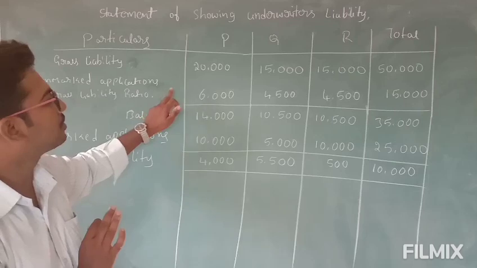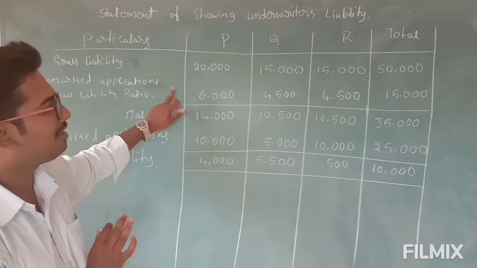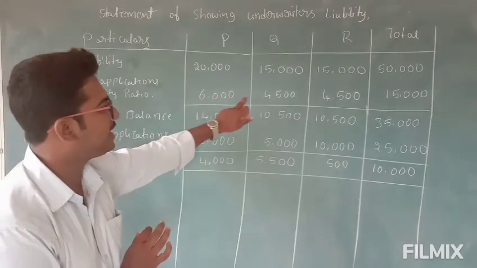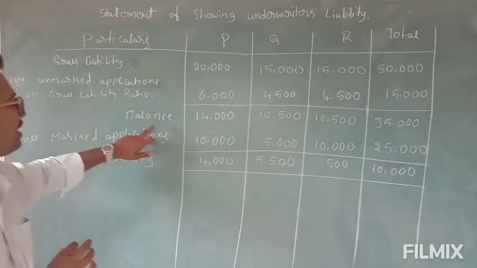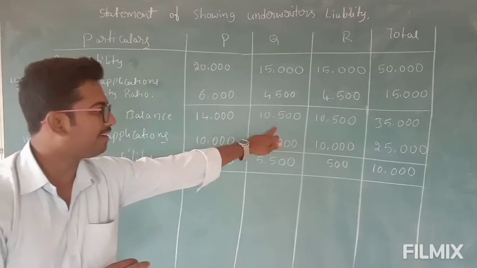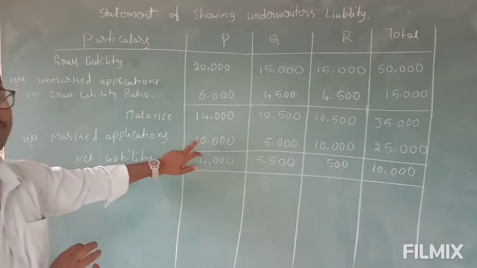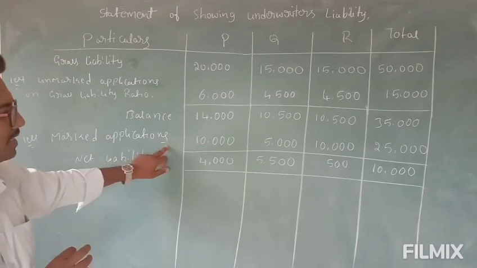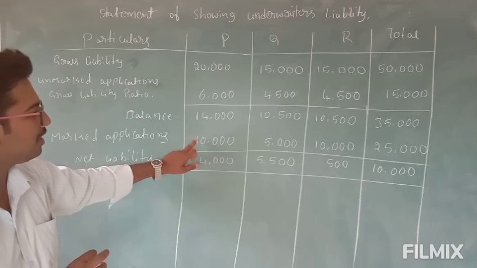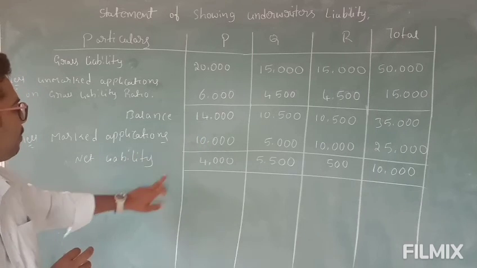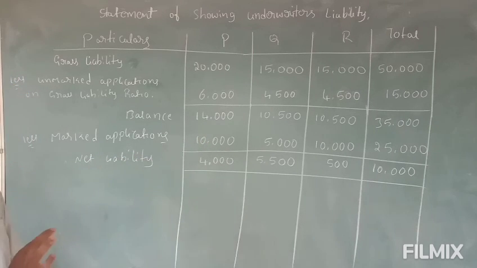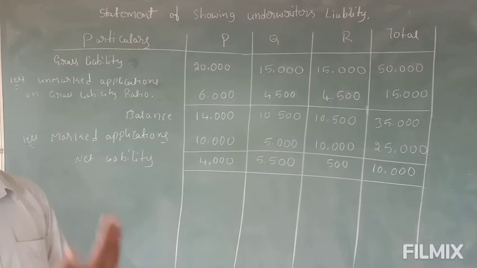Questionally, total shares applied less marked applications will give unmarked applications. First working note: we took unmarked applications 15,000. We distributed those 15,000 in the gross liability ratio. So after that we'll get the balance. So no negative values, so we can easily continue to the next step. Less marked applications, they have given in the question. So from the marked applications deduct, we will get the net liability of the underwriters. So this is a 6 marks question from last year's question paper.